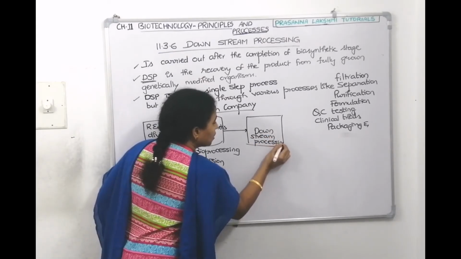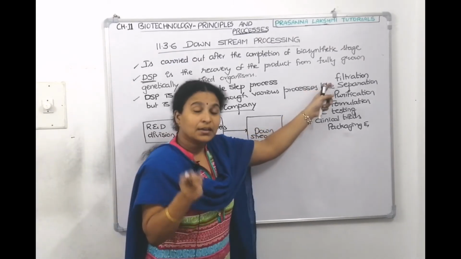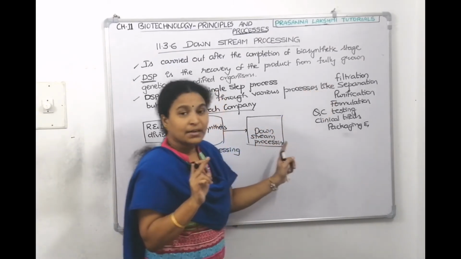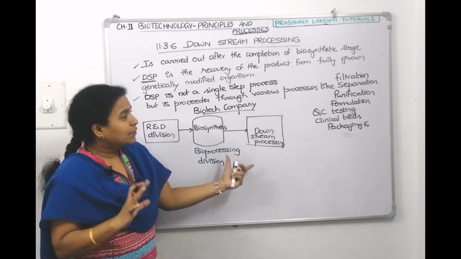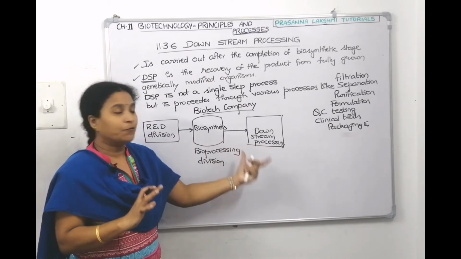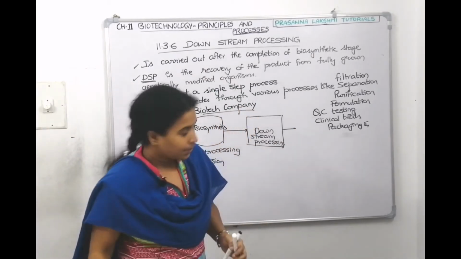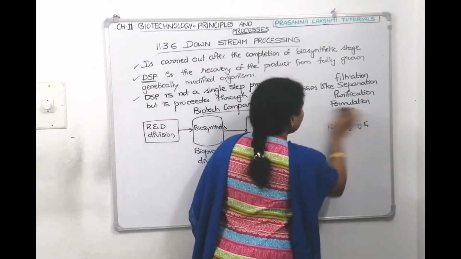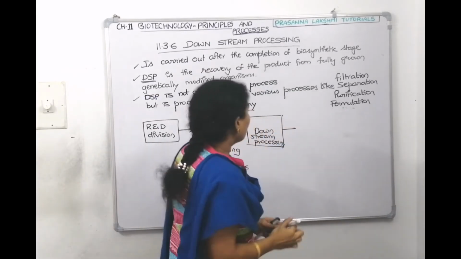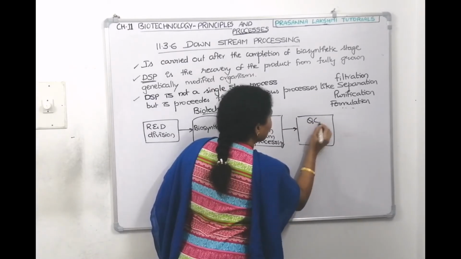Then it goes to downstream processing. In downstream processing, they will filter it, separate it, purify it, right, and formulate it. So after checking everything, taking it out, purifying it, and formulating it, they will pass it on to the QC lab. To whom will they pass it? They'll pass it on to another division. What is that division called? Quality Control Division. QC stands for